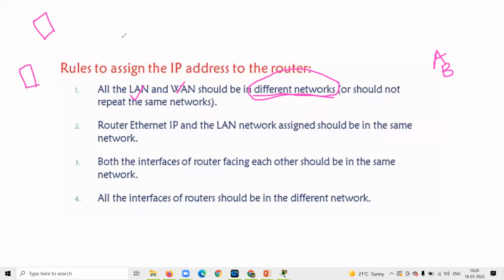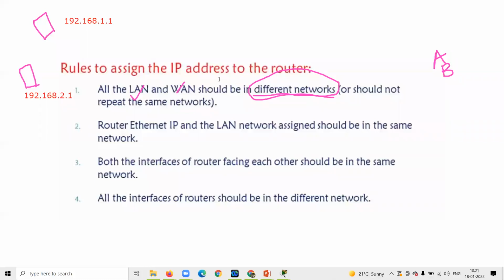Here you can use 192.168.1.0 or 1.1, and here it will be your network. And you know the network address also, right? 2.1, right? So now you can say these are different networks. In that sense, I want to say all LAN and WAN should be in different networks.